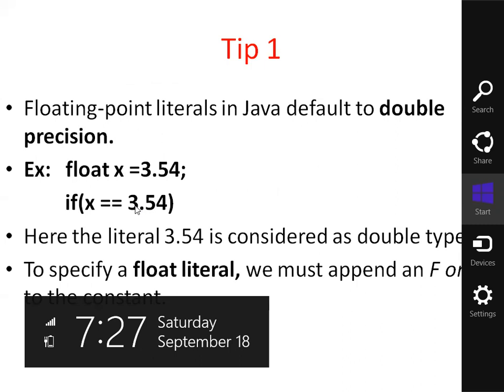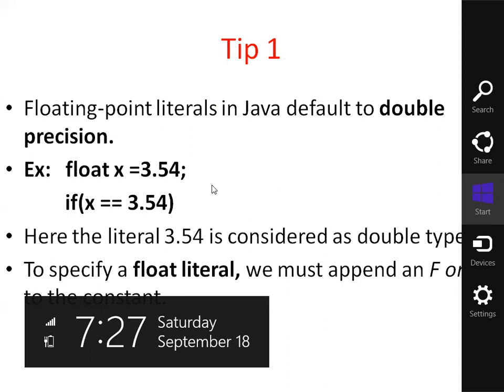This 3.54 on the RHS is considered a double type, whereas x is of float type. Float has less precision and double has more precision. Precision means how many digits we can store after the decimal point. In float we can store, for example, 14 digits, whereas in double you can go up to 32 digits after the decimal point.